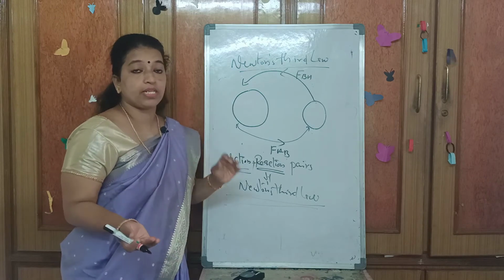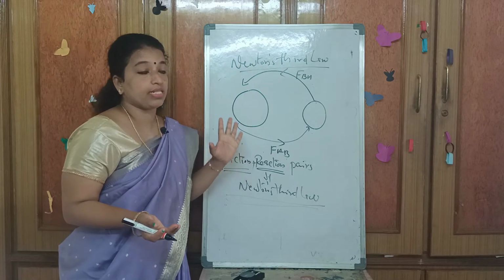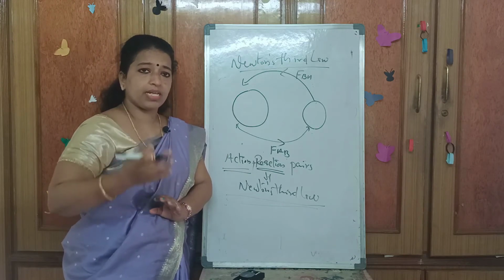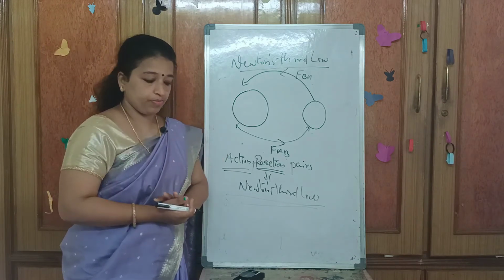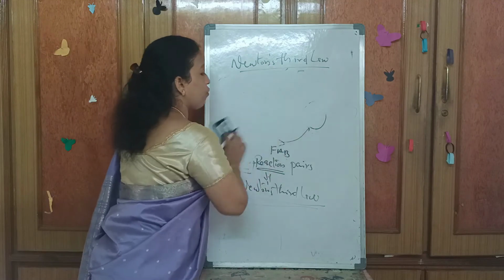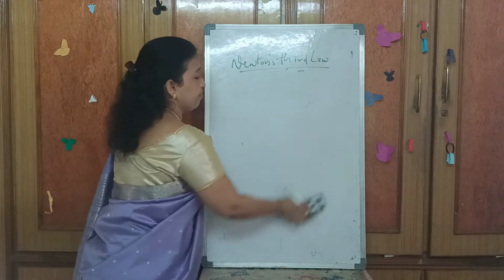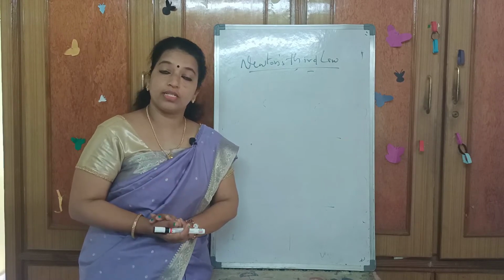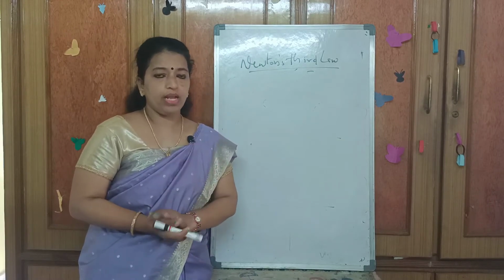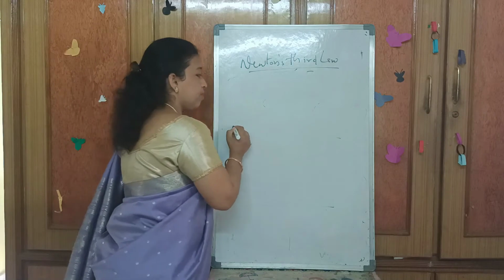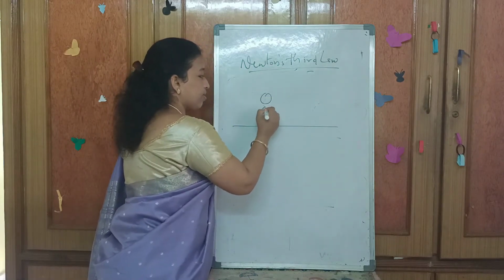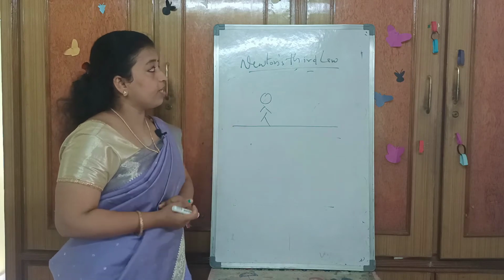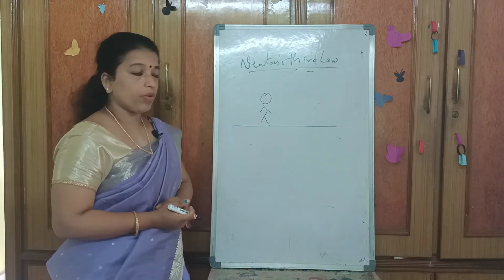Understood? There are so many daily life examples we can explain regarding Newton's third law. Suppose, a simple example, when you are walking on the ground, right? So when you are walking on the ground, how can you apply Newton's third law there? A simple example I will tell you. We are walking on the ground, right? Here is how we can explain it with Newton's third law of motion.